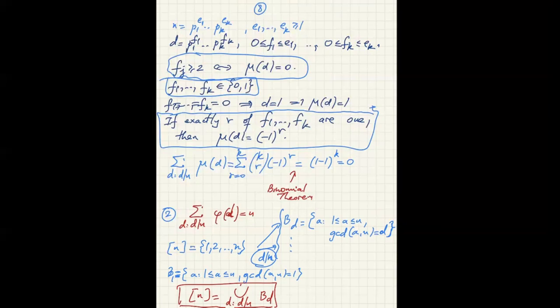I put a dot here because this is a disjoint union, and that implies that the cardinality of the set on the left, which is N, will equal the summation over all D dividing N of the cardinality of